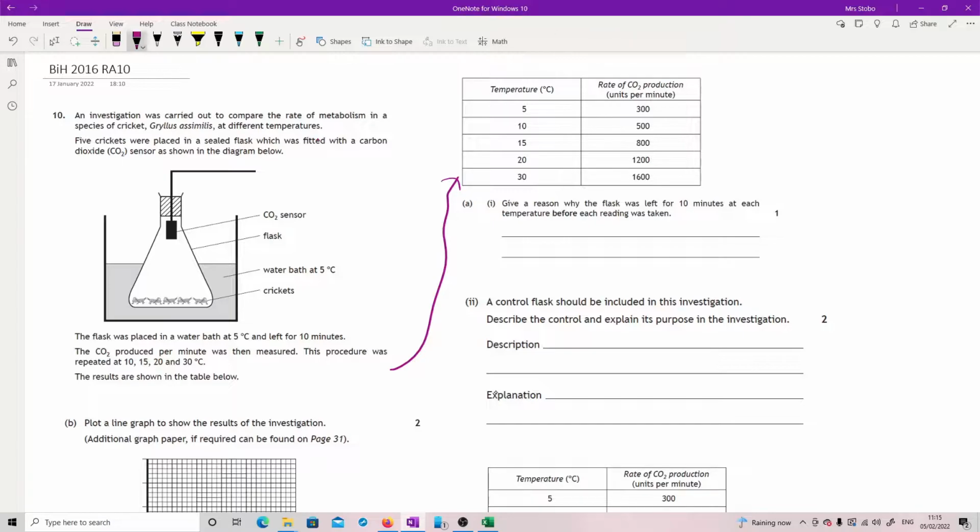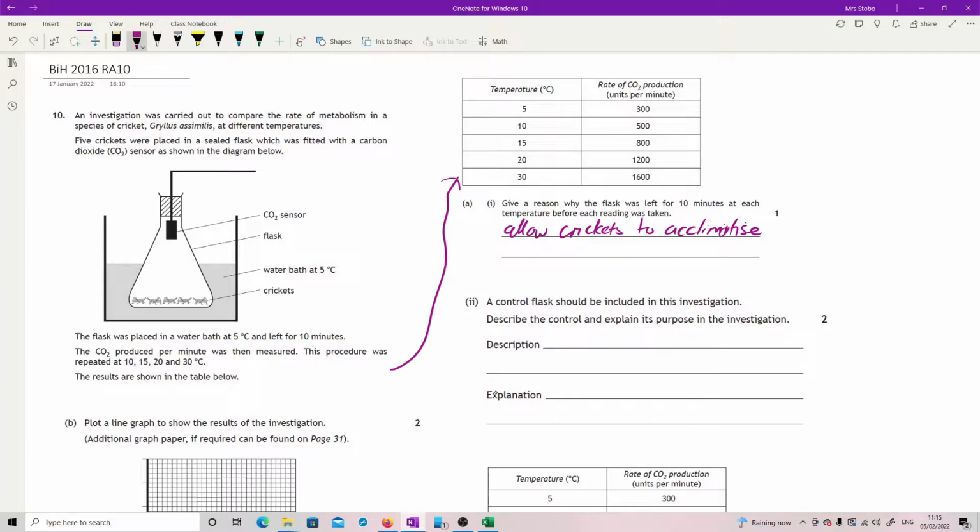Now there are several ways you can put this. I think the one that I tend to go with all the time, because it's always the same one if you've got living things, is to allow the living things, so the crickets, to acclimatise. So that means that they are now acting in the way you would expect them to, sorry I can't spell, acclimatise,